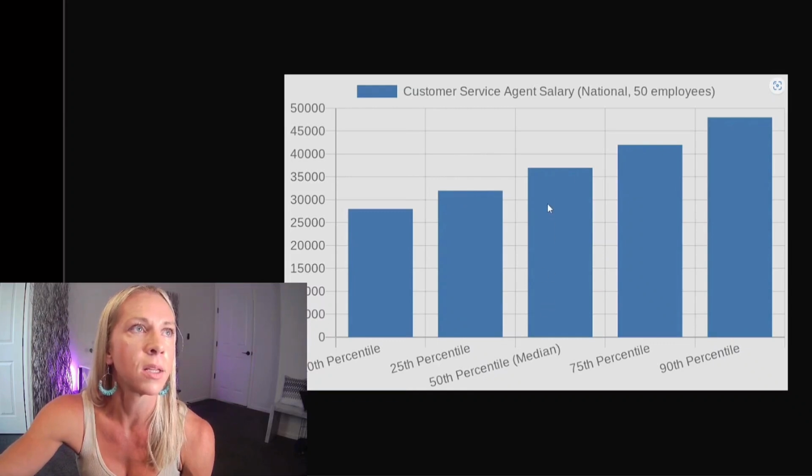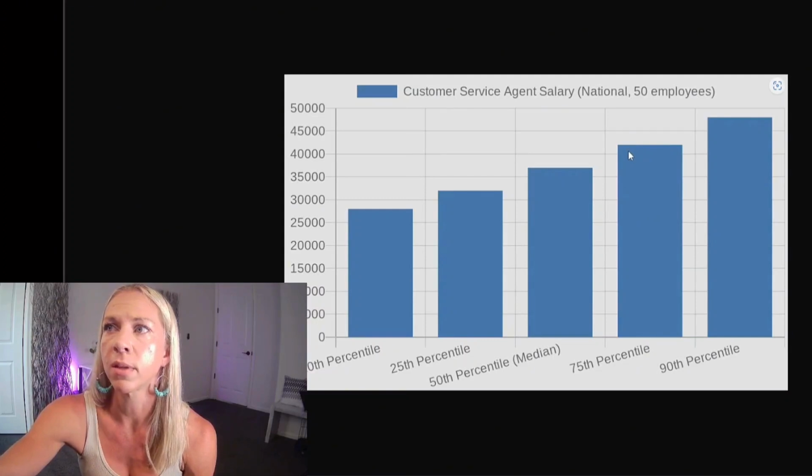The median is 37,000. The 75th percentile is 41 or 42,000, and 90th percentile looks like it's about 47,000.